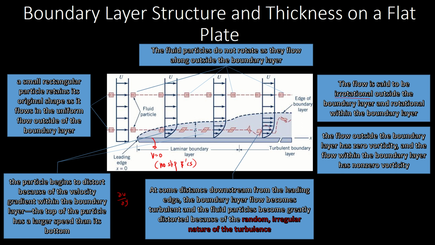As you can see in this figure, there are laminar and turbulent boundary layers. The question is how we define the laminar boundary layer region and the turbulent boundary layer region. First we need to know the critical Reynolds number, which is used to define the laminar boundary layer. When the Reynolds number exceeds the critical Reynolds number, the flow is said to be a turbulent boundary layer.